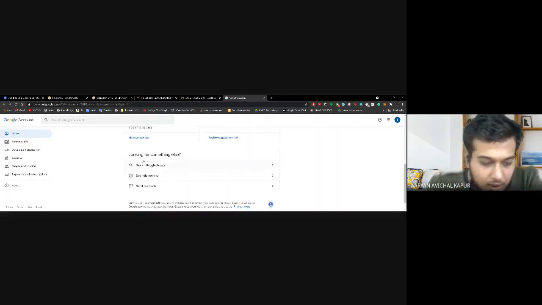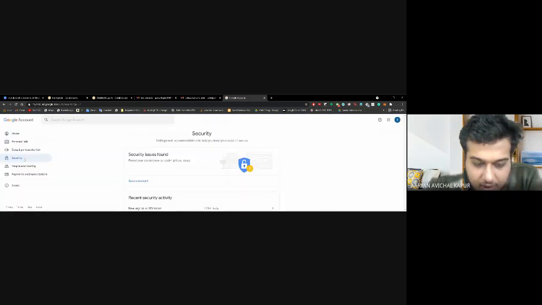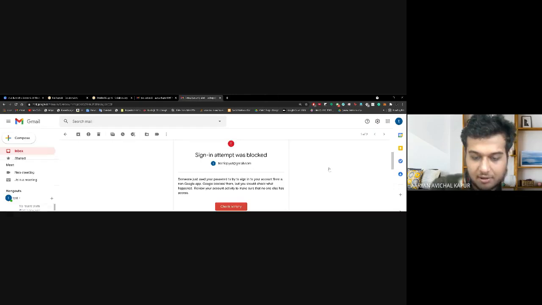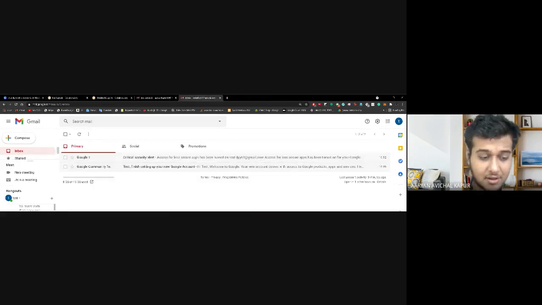Go to manage your Google account, right? Scroll down, go to security, scroll down, and go to less secure apps. Now, this would be by default off for you. I would recommend creating a separate ID for this. Create it, go here, click on this where it says on. For me, it would be off. Just simply flick the switch and it will be good to go. Just check that the same ID is logged in here. After that, you'll be able to send emails.